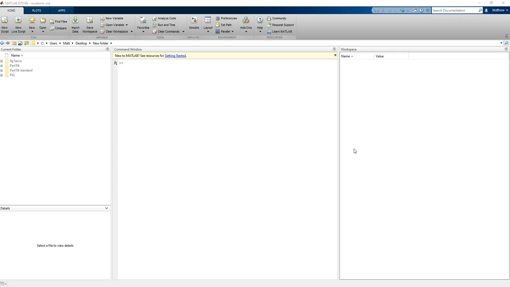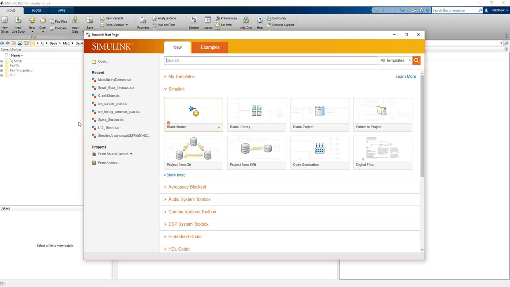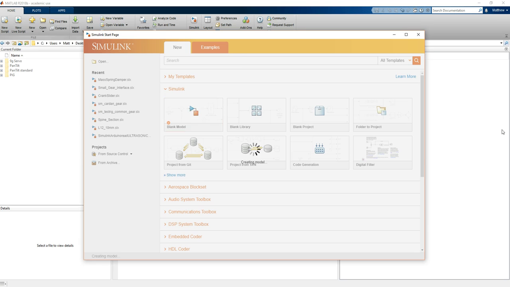So here goes. Right, so I'm in MATLAB. What I'm going to do is go New, Simulink model. Obviously it takes a couple of seconds for it to load up, purely because, if you remember, Simulink is a bolt-on, so it's actually loading an extra bit of software. So what I'm going to do is go Blank Model,